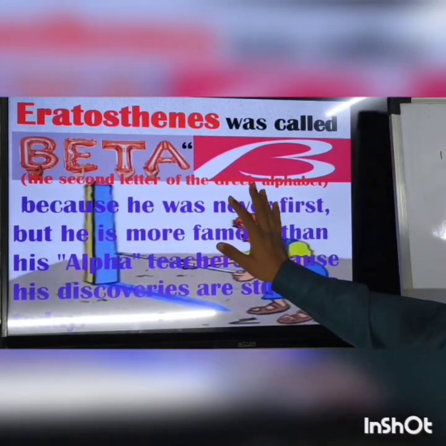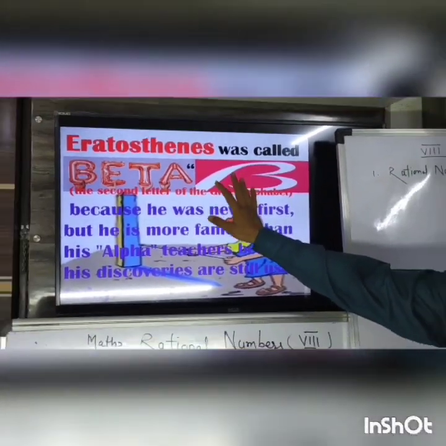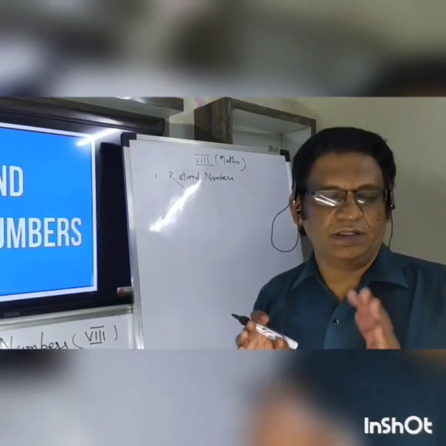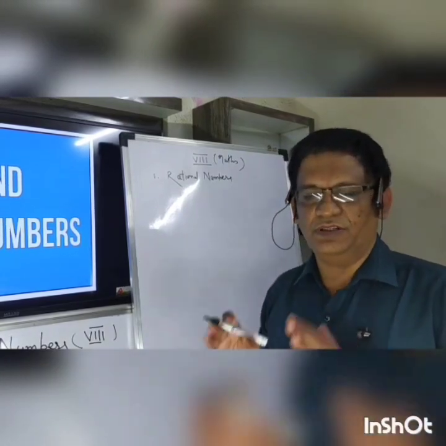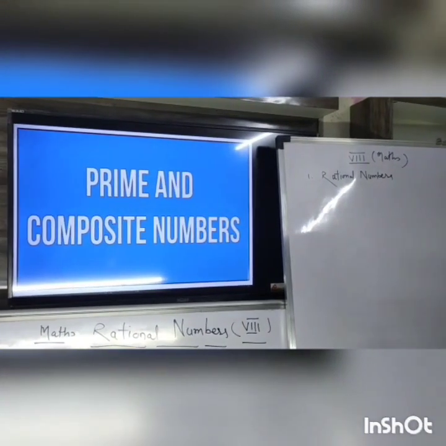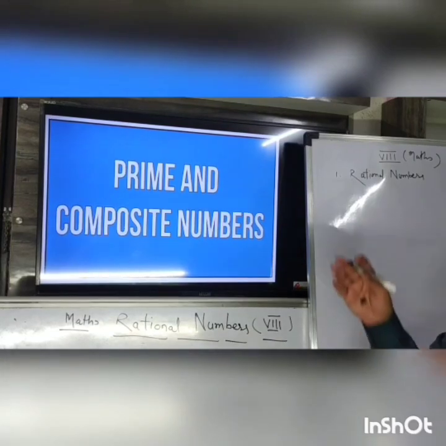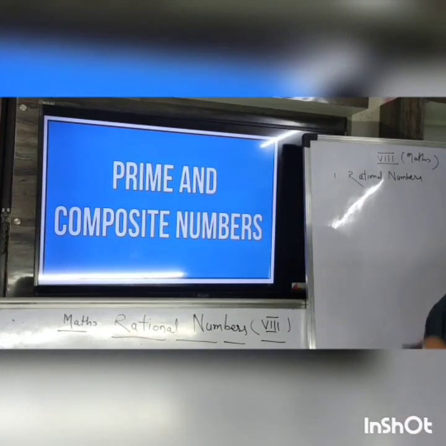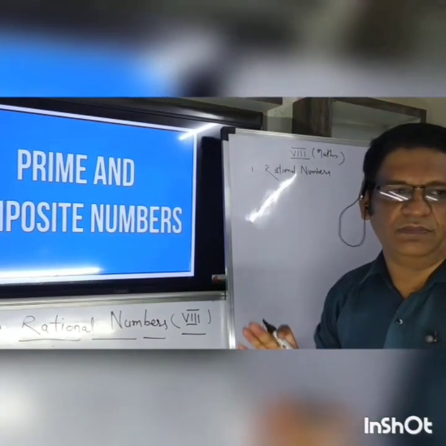In school, in college life, in whole life, Eratosthenes was called the beta. Beta is the second digit of the Greek numbers, because he always stood second in position in every part of life, but in his final life period he stood in first position, that is, alpha position. His main achievement is the sieve of Eratosthenes, which is related with prime numbers and composite numbers.